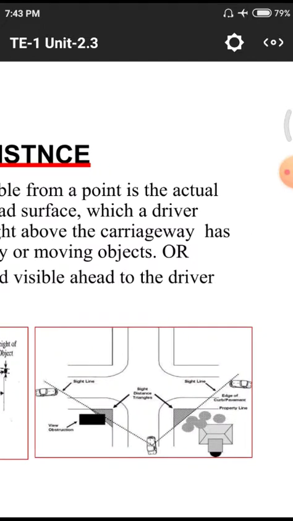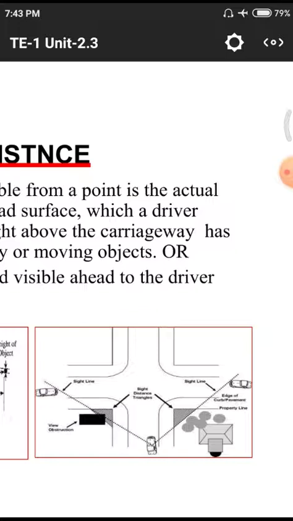In the second diagram we have a crossing, that means a junction. Normally it is called a junction or plus junction. We have different kinds of junctions, such as plus junction, Y junction, and T junction, depending upon the number of lines merging at a particular point. Here in the diagram we have a plus junction. That means the junction is formed in a plus shape with four lanes, two opposite to each other.